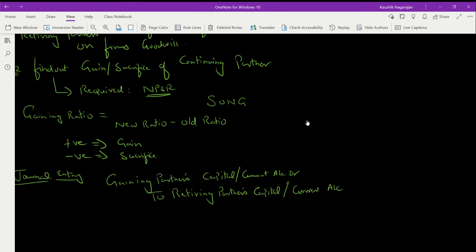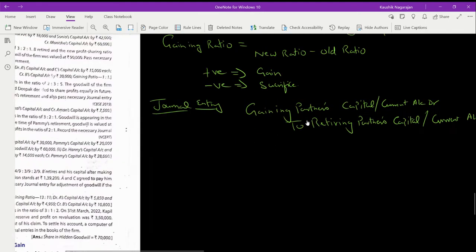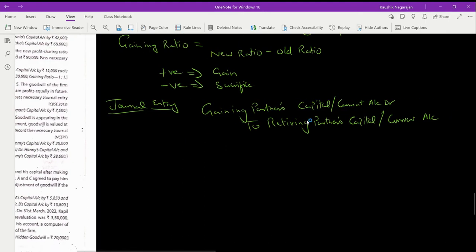This is the entry which will be passed for settling the retiring partner's share of goodwill. But the special note which you have to keep in your mind is that, if in case, any continuing partner